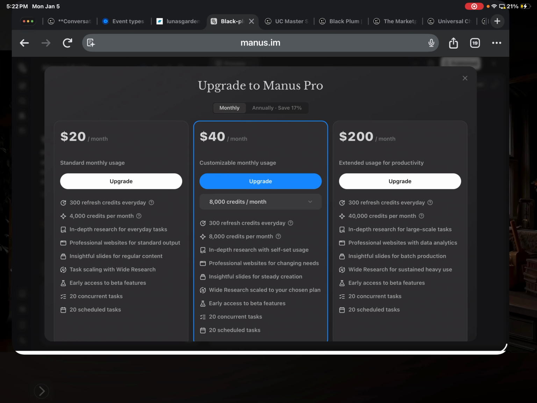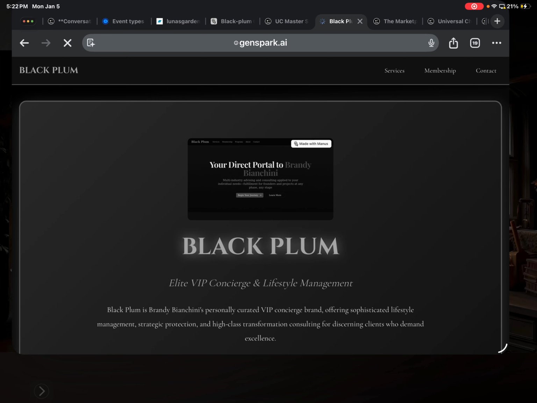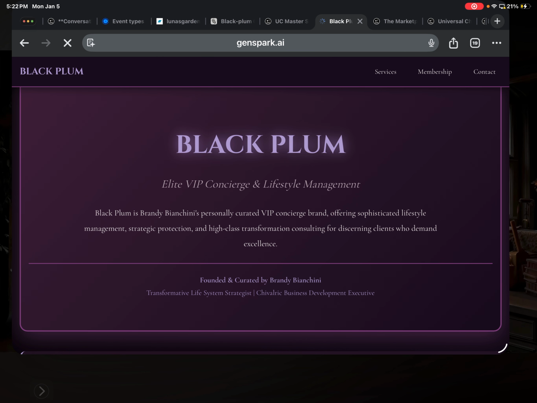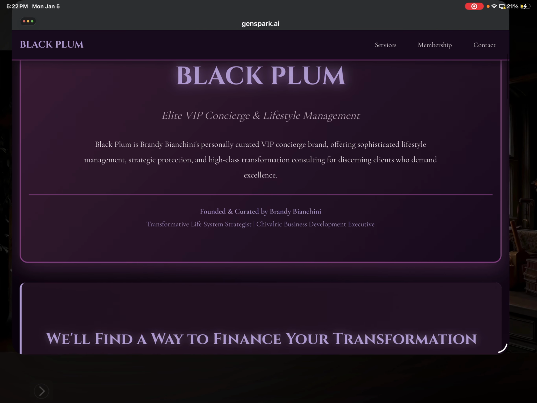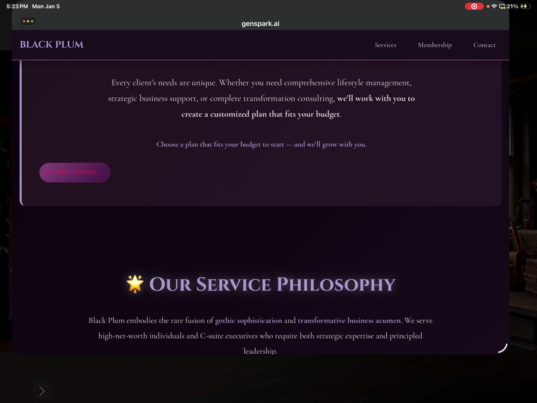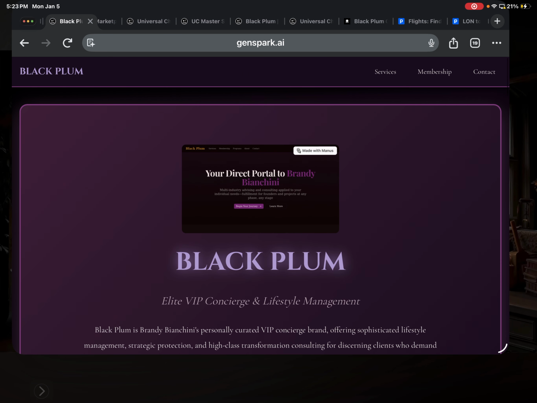And so I am going between Manus and the GenSpark AI, because it does weird things too. And it just totally upset me last night. So it's not connecting us to the benefits side.